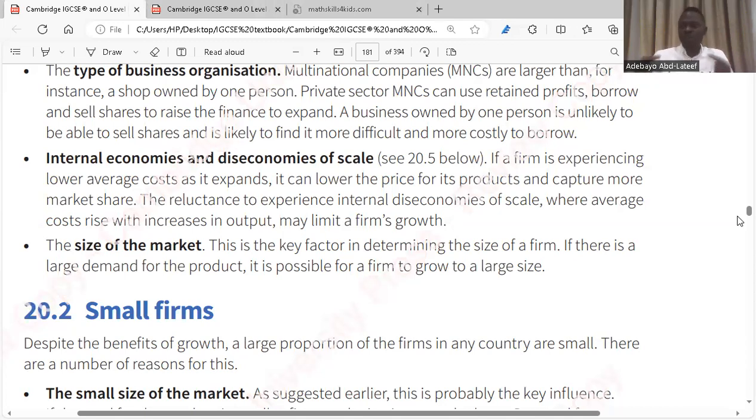Then we're going to measure your business based on the market share, because now you are getting more customers from your competitors. But if you are expanding your business and you are incurring more cost, it's better you stop expanding, because you won't be able to sell at a lower price and you start losing your customers. That's the point there. Is it clear?